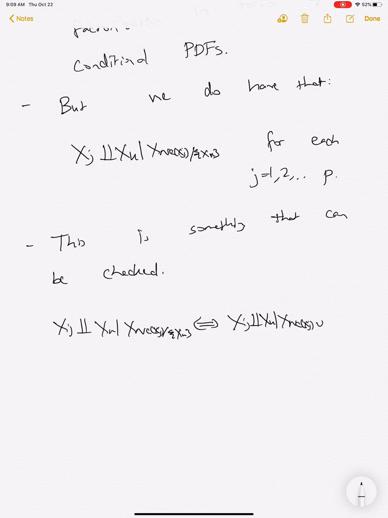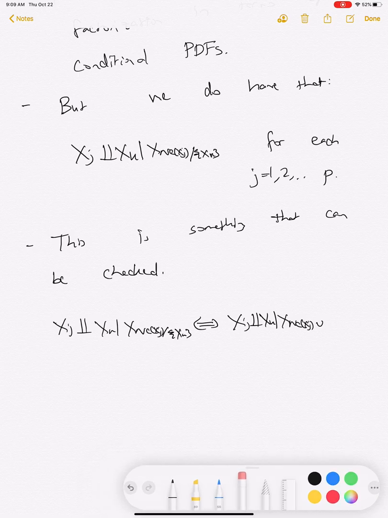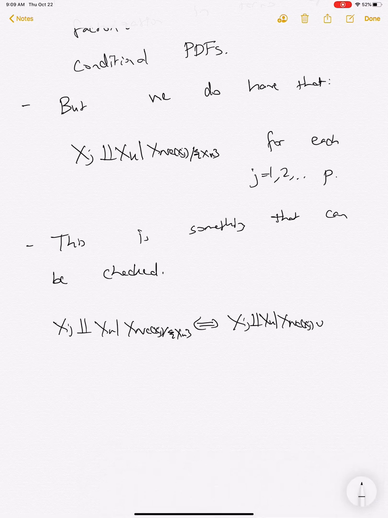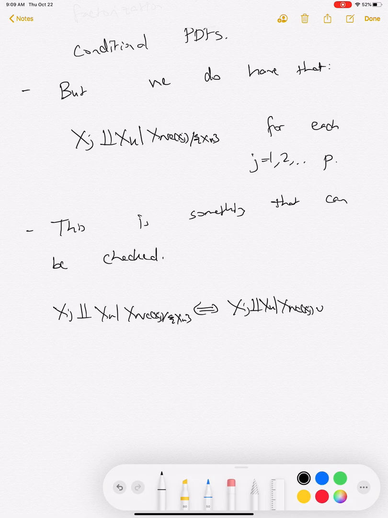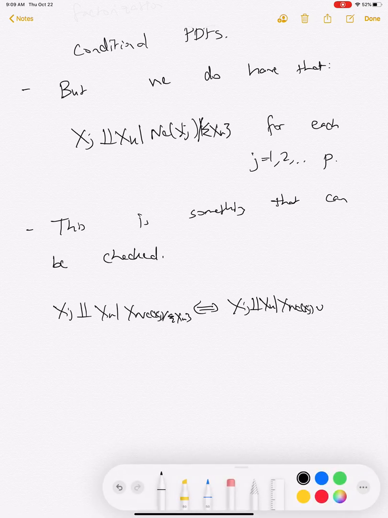Remember that we've defined things as, or maybe I'll just write it like this. So this is the neighborhood of xj, except for xk. And so this is actually equivalent to